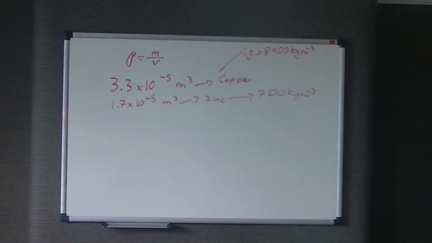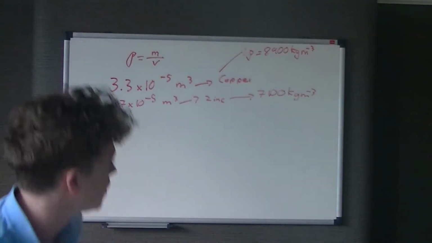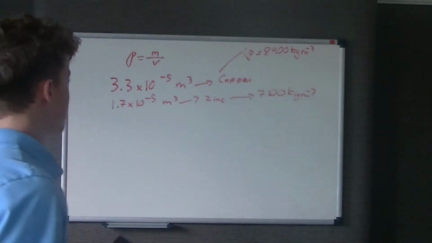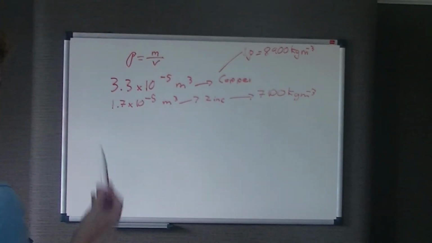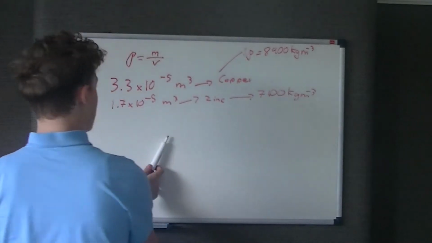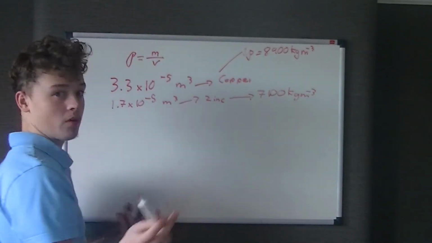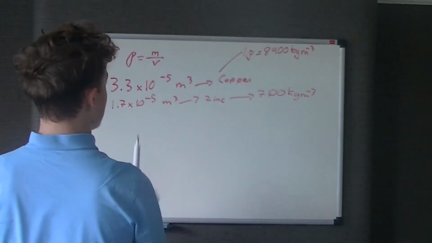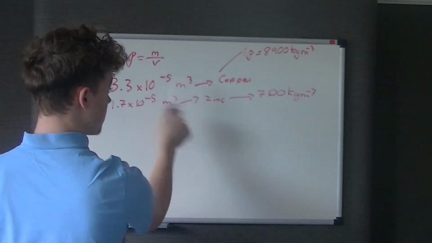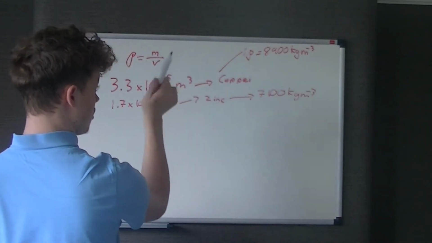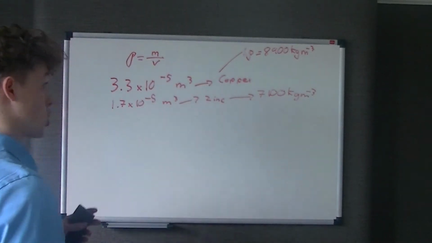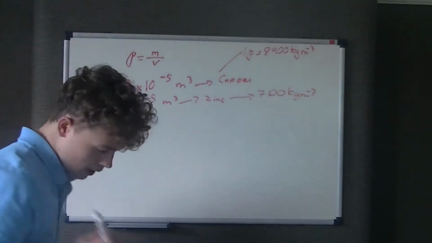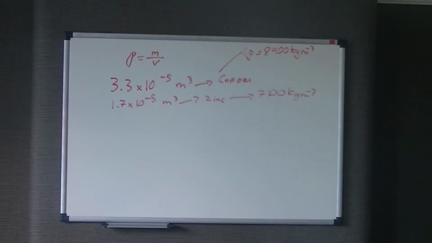Now what it's asking us to do is find the density of the alloy. Actually, let's work with what we do know from the formula. We know the density of both, we don't know the mass of both, but we know the volume of both, in meters cubed. So, how do we work out the